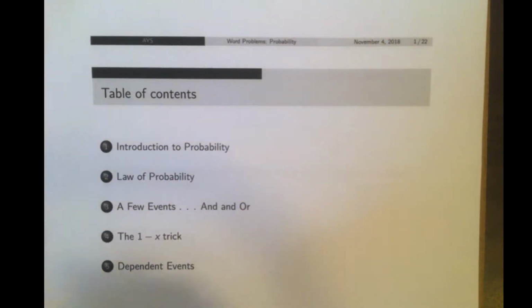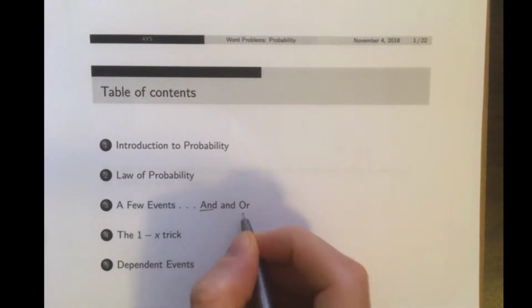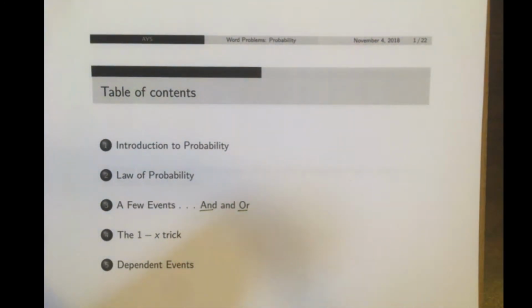So here's our table of contents. We're going to do an introduction, the law of probability, a few events. We're going to do AND events and OR events. So an example of an AND event is what is the probability that you get an even number on a dice and flip a coin and get a heads. That's two AND events. And then the equivalent question, but with an OR statement, would be, what's the probability that you roll a dice and it comes out as an even number, or you flip a coin and get a heads? So not each one of them has to happen, just one of the two,